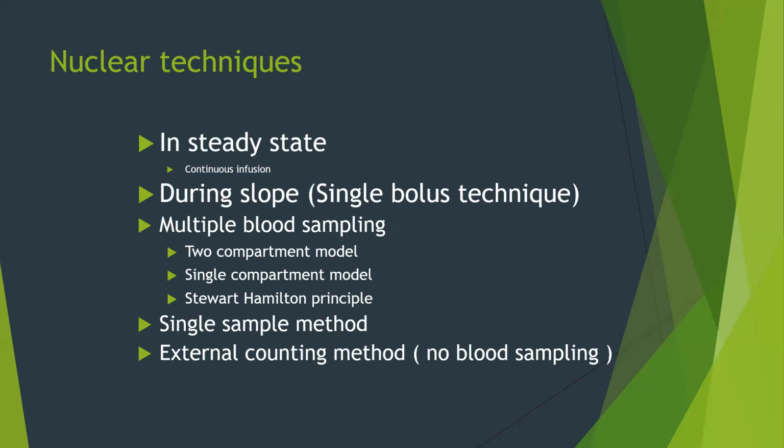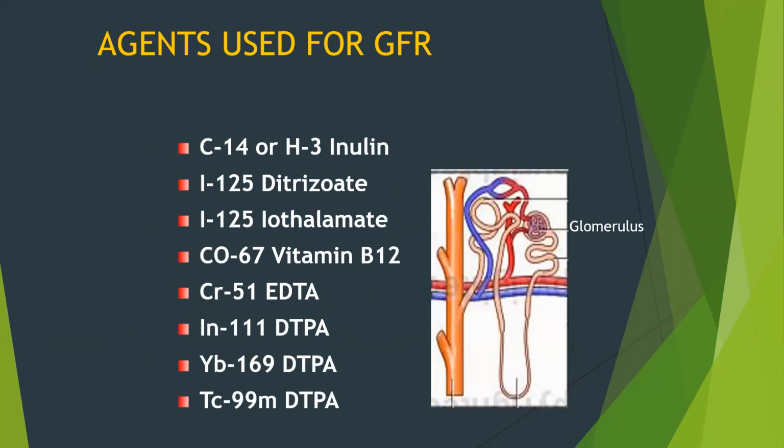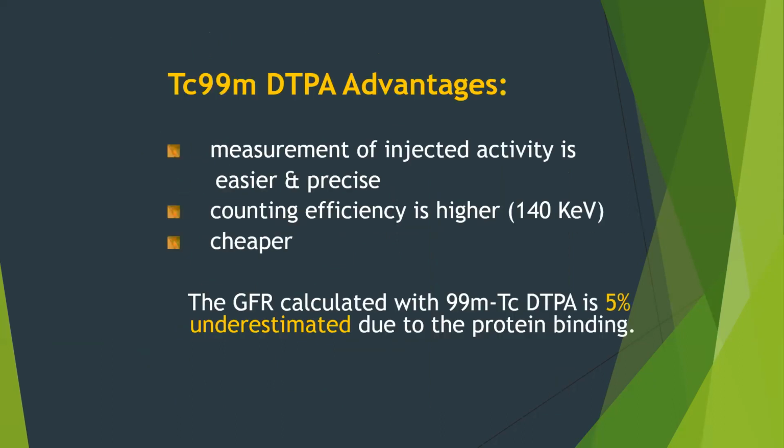we want the results quickly and in single bolus techniques, we can do DTPA scans and give you the results using Gates formula. The advantages are that the measurement of injected activity is very easy and precise, and the counting efficiency is very high. It is very cheap, and the GFR calculated with DTPA is just 5% underestimated due to